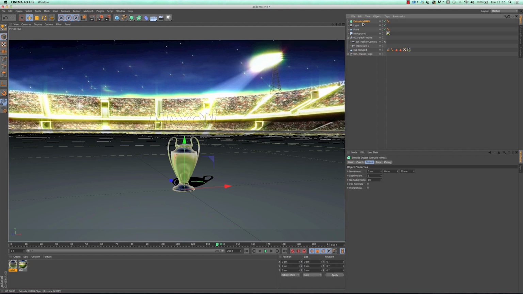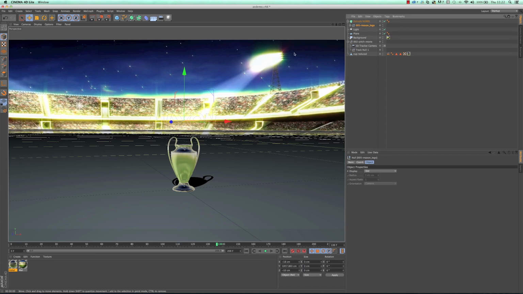And again, the workflow is always the same with Cinema 4D. These tools, if you want them to affect something, you drag what you want them to affect inside them. So we take the logo that we brought in and drag and drop it onto the extrude NURBS. I missed, so I'll try that again. And it needs to be sitting inside, so you'll then get this little plus icon to show it's inside.